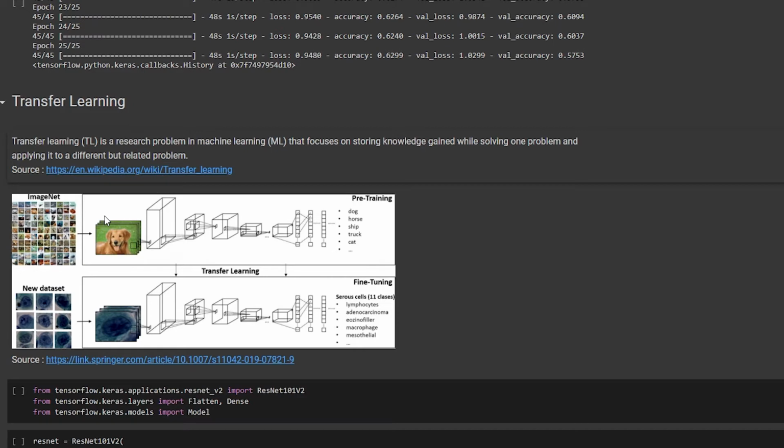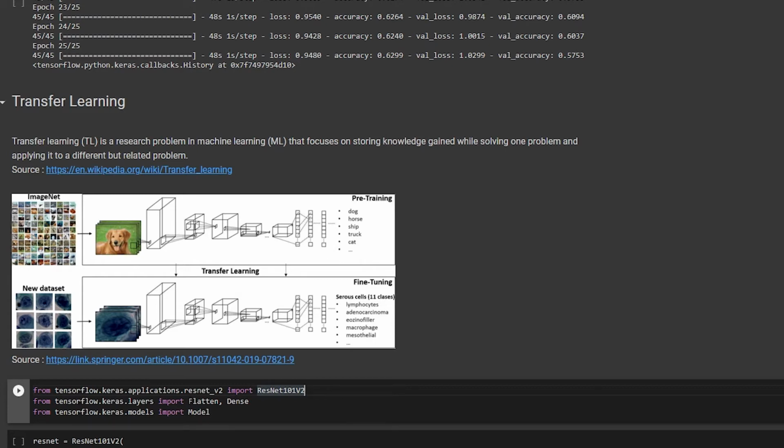The way I do it, it is already imported. You can import it using Keras. Keras gives you the applications. In that we have ResNet version 2. I'll tell you what version 1 and version 2 are in the upcoming tutorials, because I'm going to dedicatedly make a video where I explain the intricate details of ResNet through the paper. That is the way you actually study a neural network. No one is going to tell you that. I will teach you how you can read papers. You have to read it from the paper and try to make assumptions. That is the way we do it.